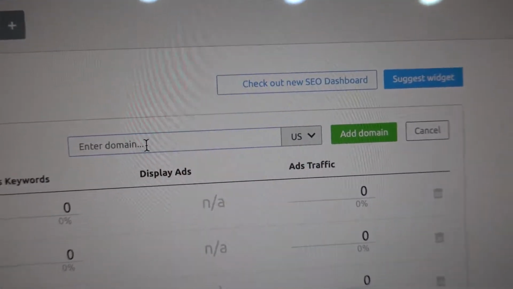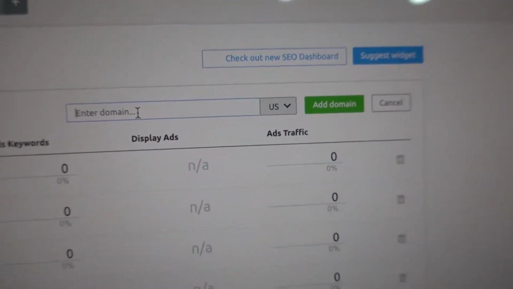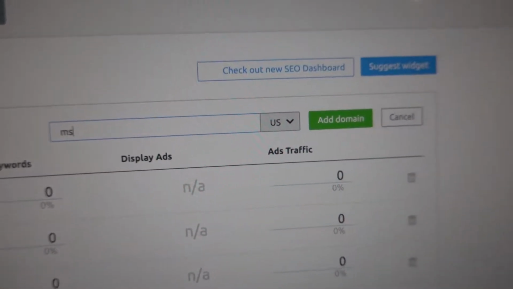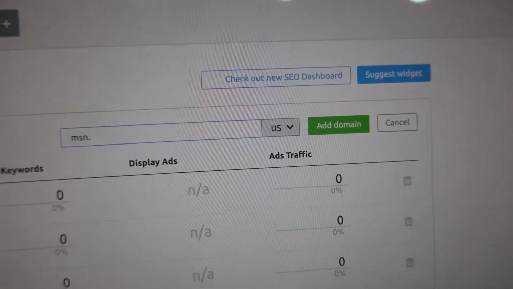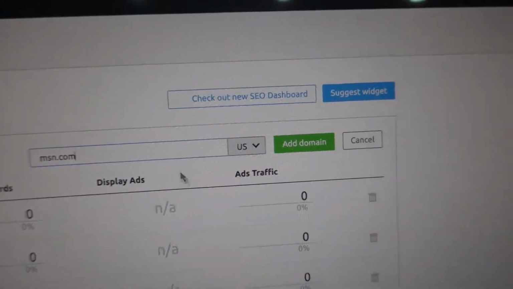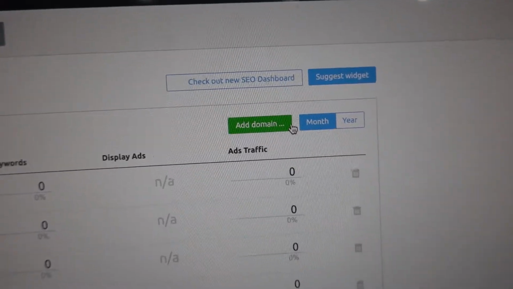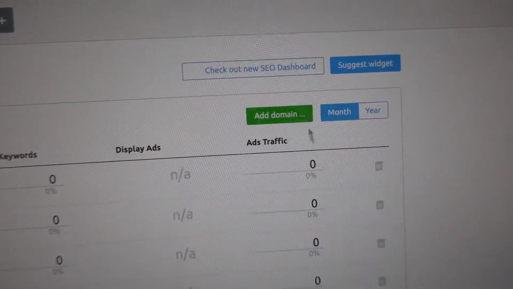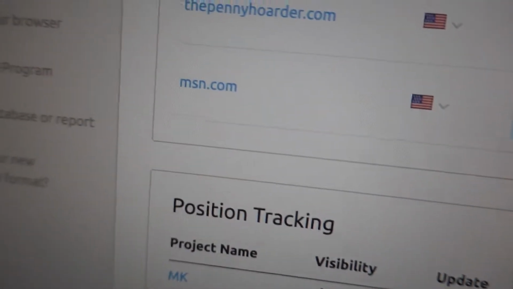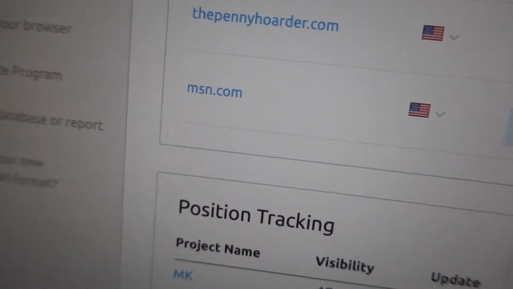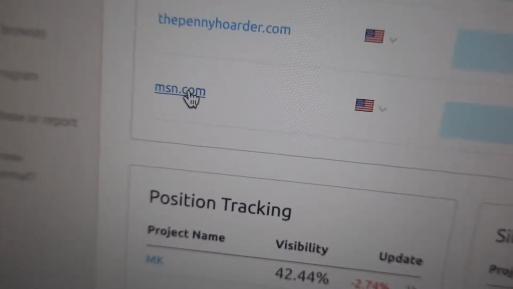And you can enter a domain there. Let's say msn.com. Add domain. It'll add the domain. You can see it somewhere here. There you go. Now, if you click on msn.com,